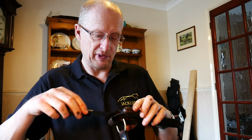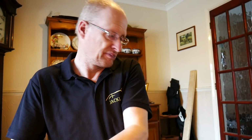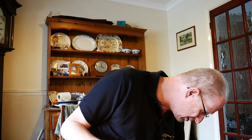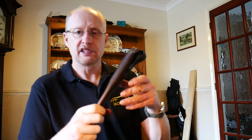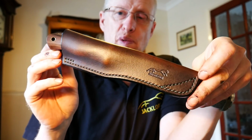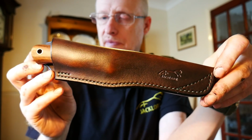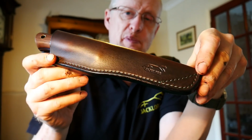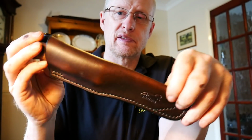And there's something I can show you which you'll be interested in. Where are we? Let's find it. This is one of the only classics that I'm doing just a belt carry sheath. Now the more observant of you will notice that the sheath is somewhat longer than the other ones. There's not a lot in it, just a few mil, but it's amazing what a few mil makes. This is a right hand belt carry sheath, and the knife that's in it,